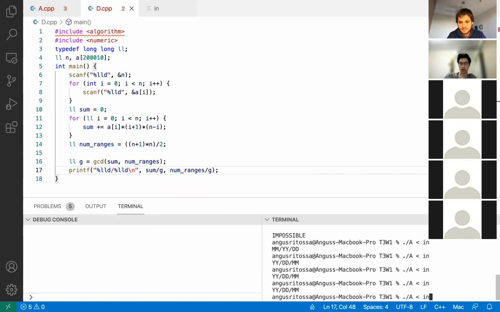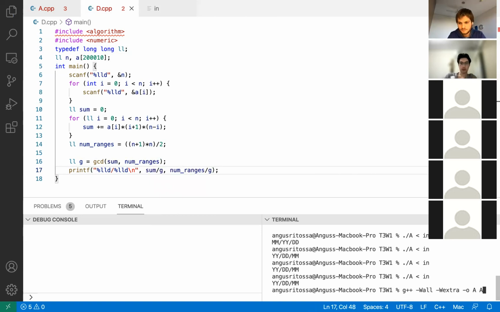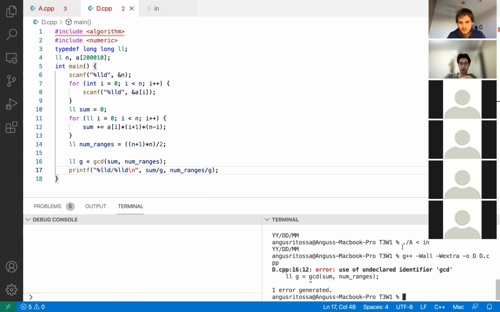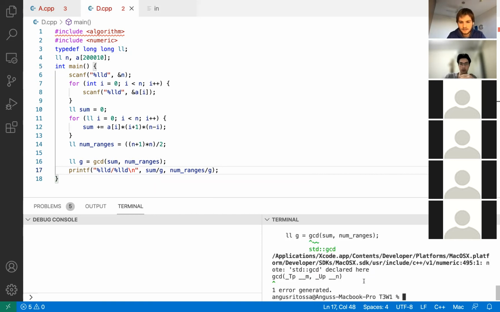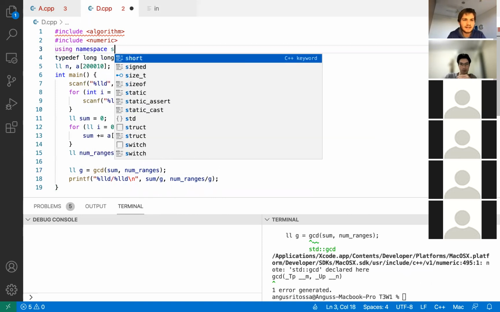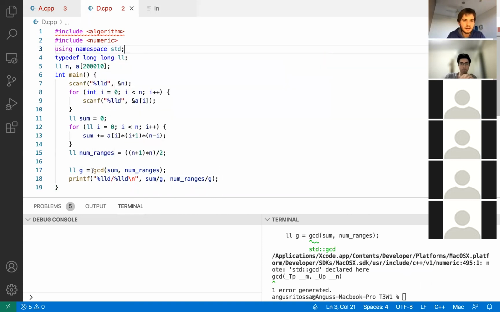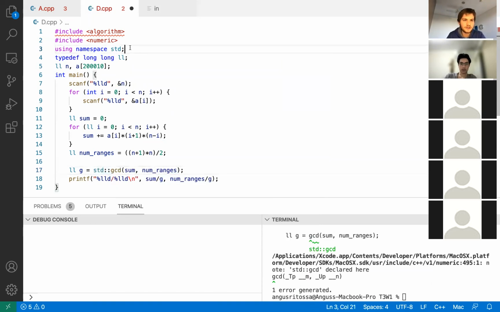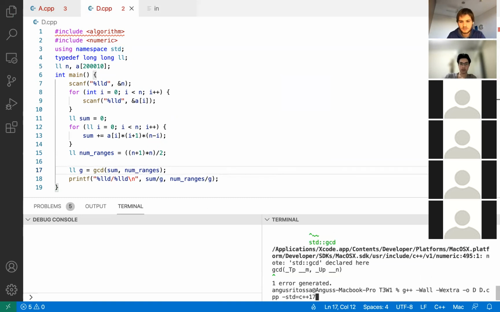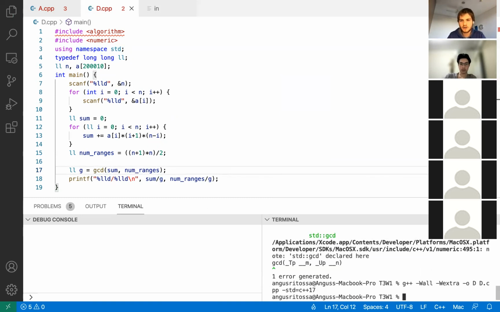If I compile this code, we need to use C++17, and we have to use namespace std. In C++, you can either put std:: before standard functions, or if you use namespace std, you can avoid doing that. Okay, now our code works.